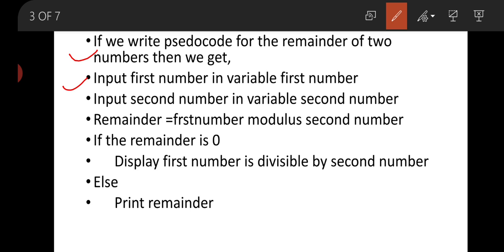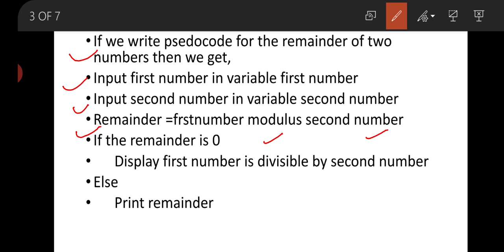First: input first number in variable first number. Second line: input second number in variable second number. Because to find the remainder of two numbers, first of all you have to take two numbers from the user. Then we calculate remainder equal to first number modulus second number.